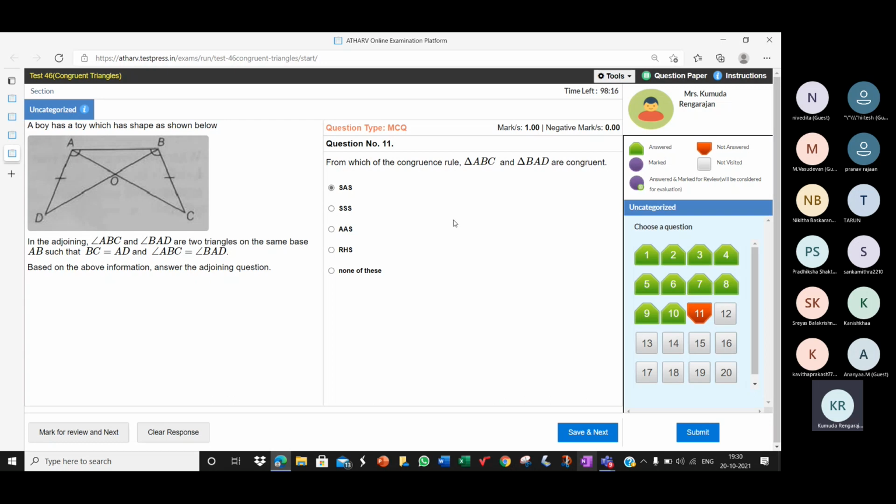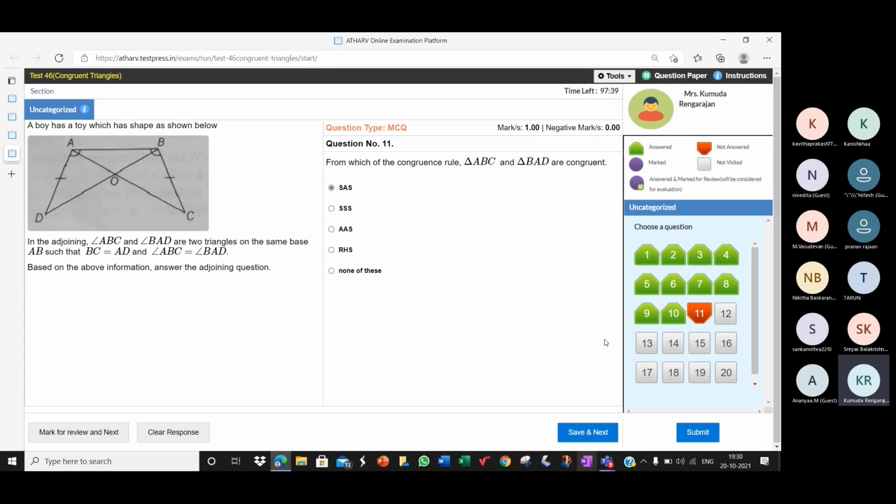Okay, very good. Then, ma'am, BC is equal to AD, given. BC of triangle ABC is equal to AD of triangle ABD. So we have picked one angle from one triangle and another angle from the other triangle, and we are given that they are equal. So clearly by SAS rule, two sides and the included angle, the two triangles are congruent.